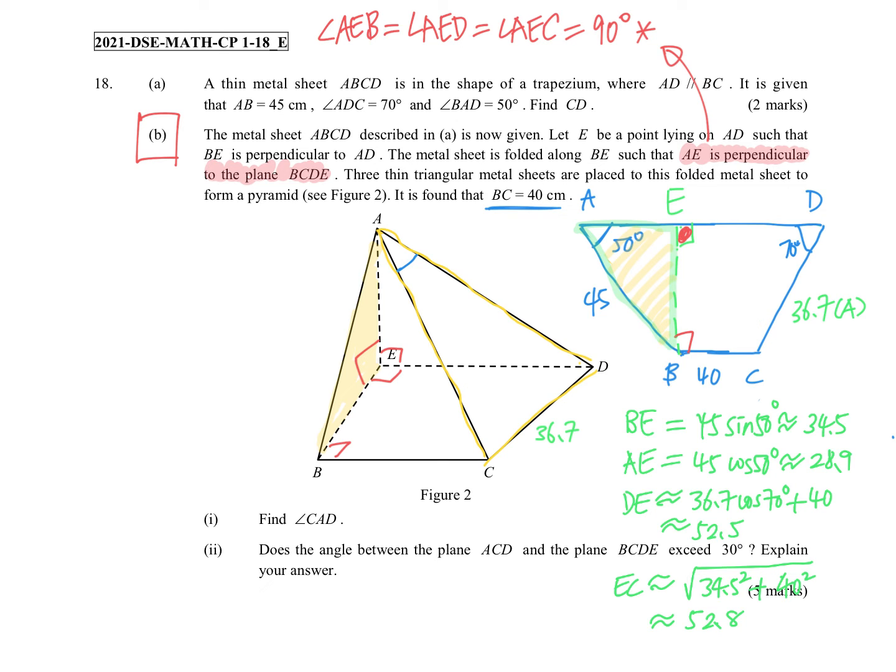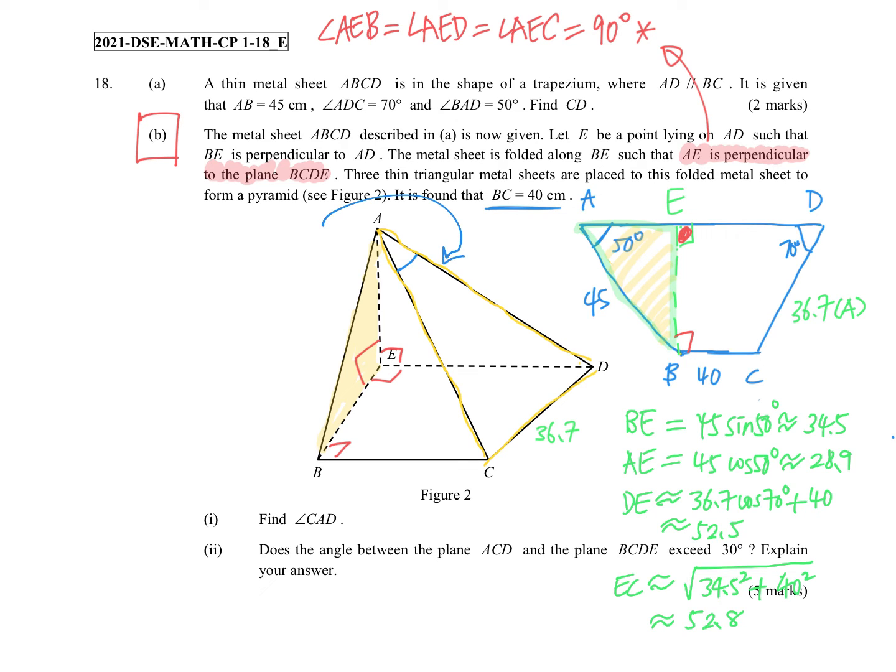Okay, so all the sizes using the trapezium have been found. Now we're going to try to use AE, and then we try to find AD. Okay, so AD,